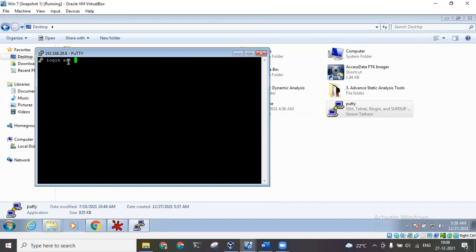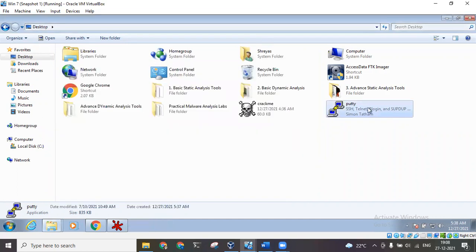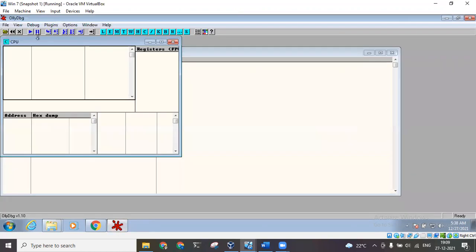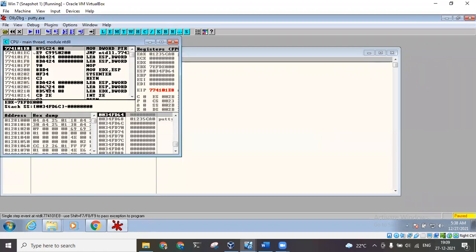So this is what we are seeing. Now I want to run this program, and while running the program, I want to see the exact steps that are being executed, and I'll try to modify that using the OLLYDBG software. So I'll click on file, click on open, go to the desktop, and click on putty.exe.